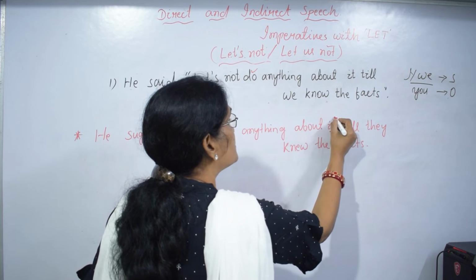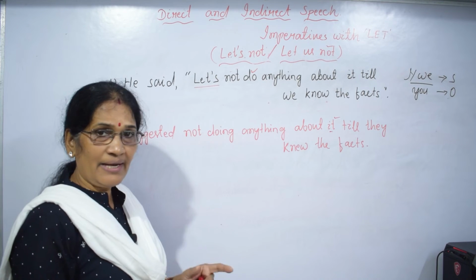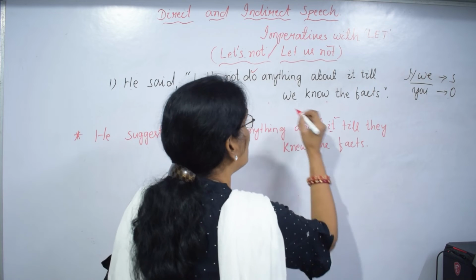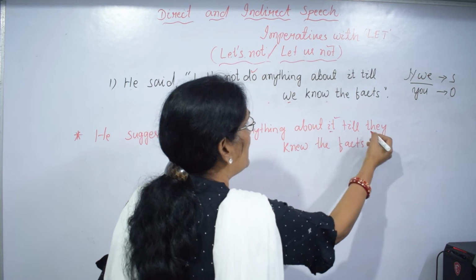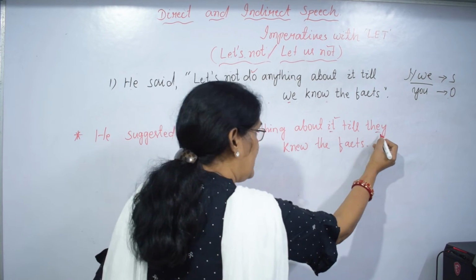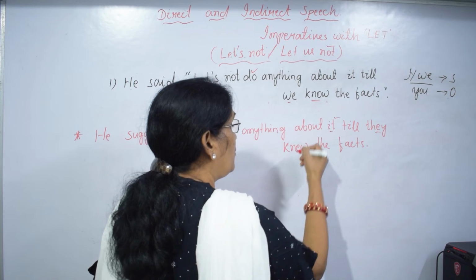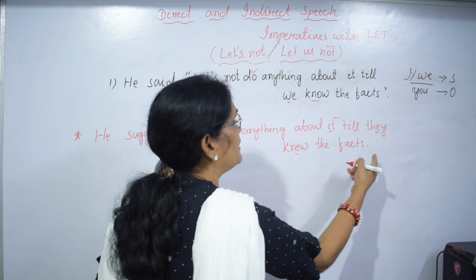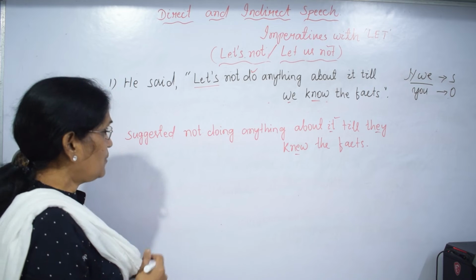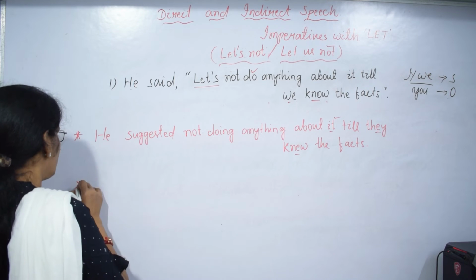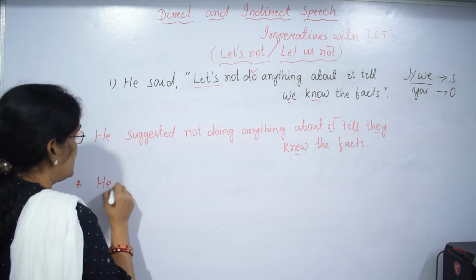It is a third person pronoun, it will not be changed in indirect speech. Till, and we will be what? They. Already I told it. They, past form of know, knew. They knew the facts. In another way also you can say, he suggested,